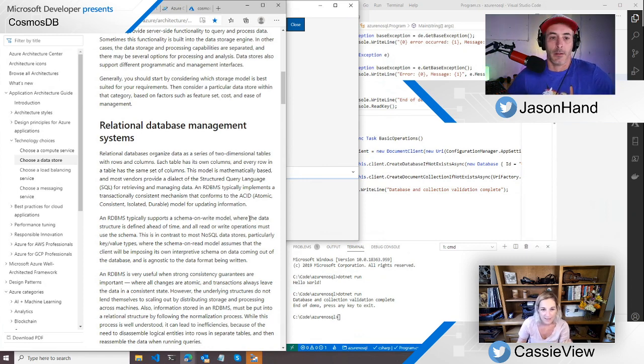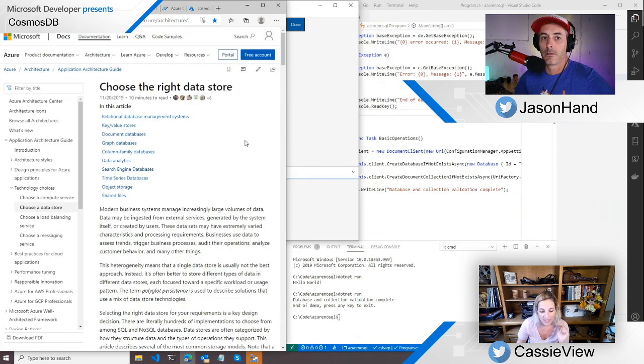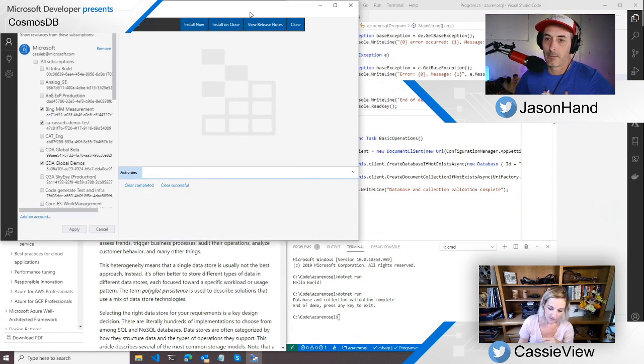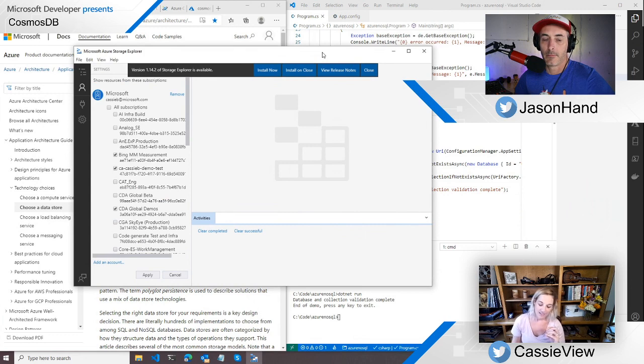This doc goes into it. I would say read through this. When I'm trying to figure out what to use for my data stores or whatever I'm building, I would read through this doc and then think, okay, which one makes sense? Where do I see it going? But sometimes it's hard because you don't really know where it's going to go. Whenever you're designing an application and a database, you're trying to be a wizard and foresee the future, but you can't. You try to think of all these different ways it would be able to scale the way that you need. So it's a hard question to answer.